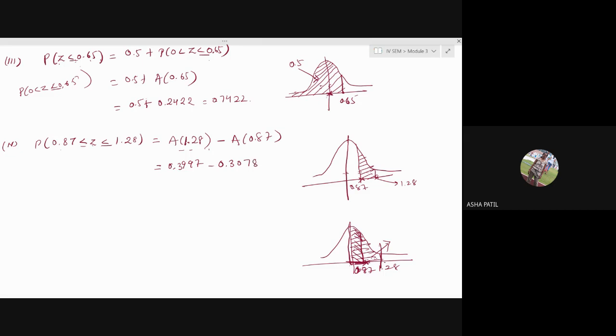It depends. See, a slight variation may be there if you refer to a KSC book or Dr. DSC book. Actually, in the table I have shared, you get only two decimal places. If you go for the Dr. DSC old version book, there you have up to four decimal places. That is, you can even find A of 0.8735 like this. So then there will be slight variation in your values. Need not worry much if the variation is in the last decimal place.